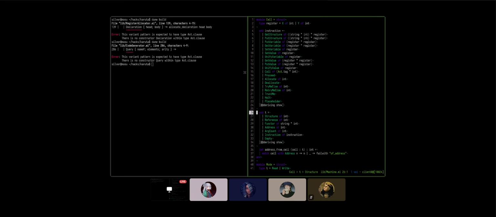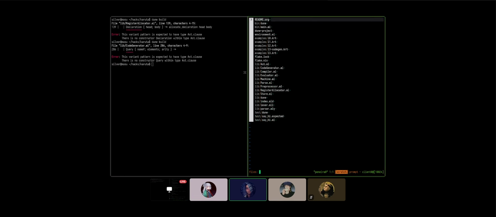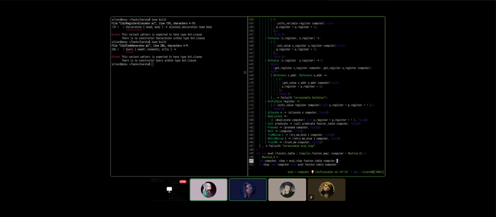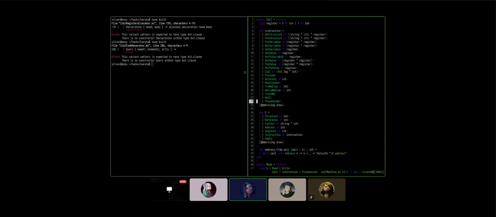Right? That's yeah, but that's gonna. Oh no, go back. No, my pitch is that if we put a placeholder here, we're gonna have to match that in the evaluator too because of exhaustive pattern matching. Do you want to do that there? You know what we can do instead? Let's just put a halt there.